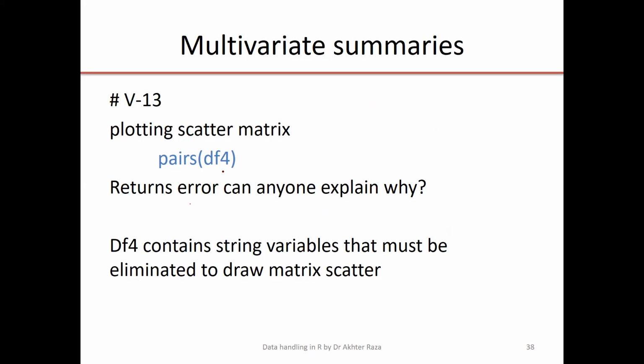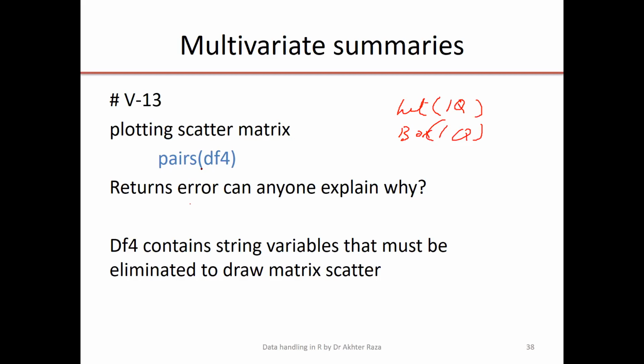Like pairs needs at least two variables. If I have more than two quantitative variables, then all possible pairs will be calculated. So this is a very powerful command. By this command, all possible combinations of two will be used for plotting the scatter plots. And histogram and box plot, these commands need one variable. One quantitative variable is required.